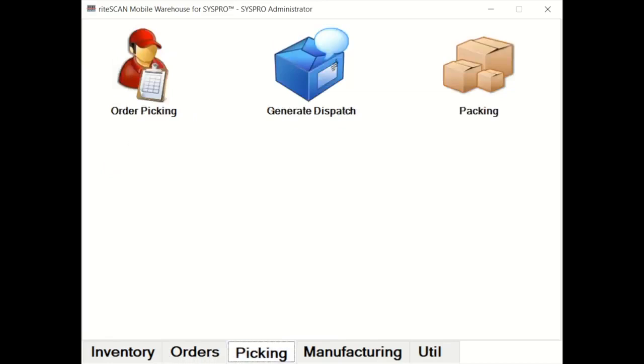Again, moving on very quickly, we jump into picking. Here again, we provide a far more controlled or detailed mechanism to process the pick transactions. riteSCAN very nicely accommodates for the full range of sales order transaction types within SYSPRO, whether it be a simple